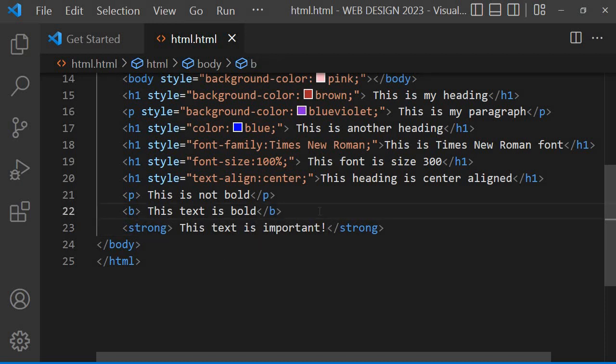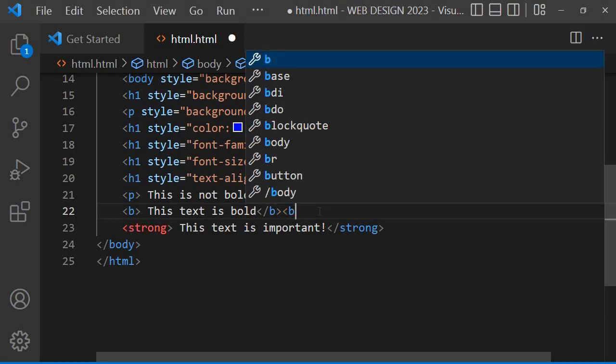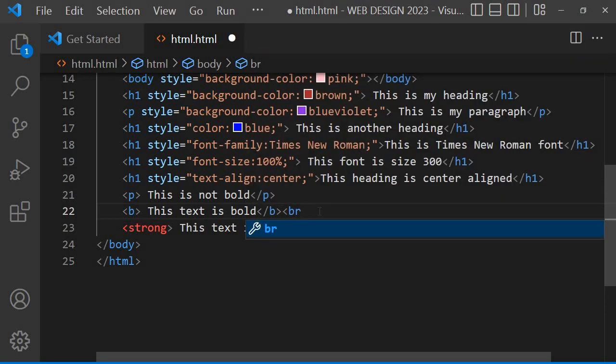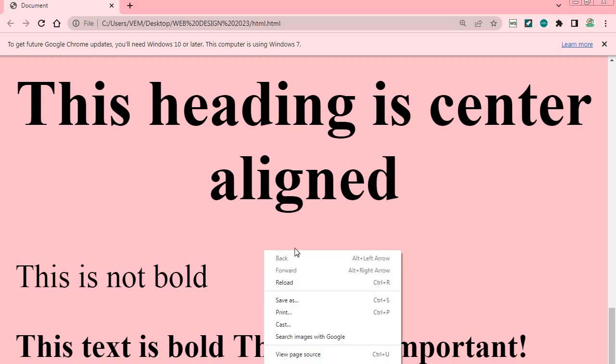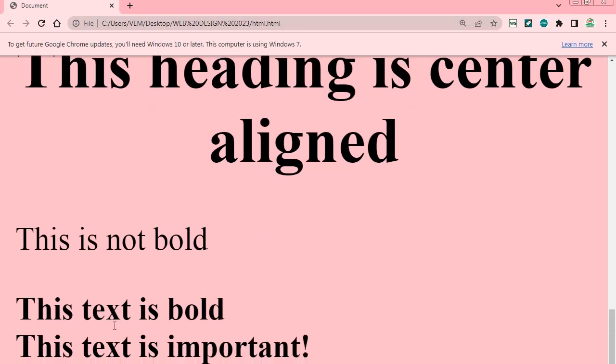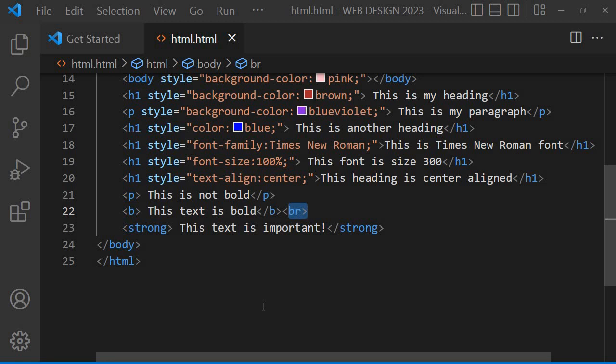Okay, we can actually break this. Let's use the BR arrow to break it. To save, so BR is to break it. Let's see. So it's on line 9 in that place. So this text is important. Alright, so that's it. The next we'll talk about is